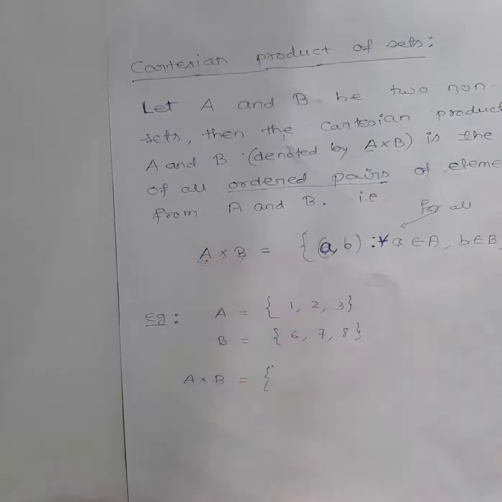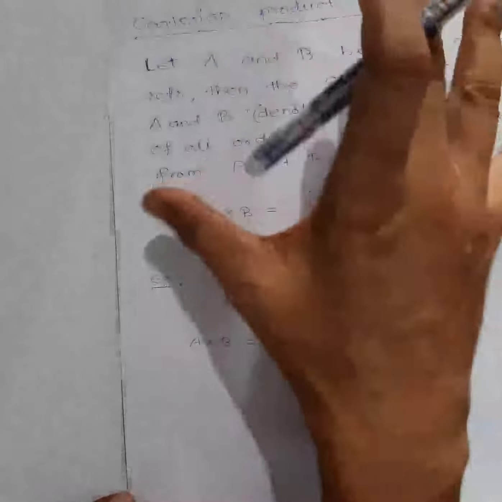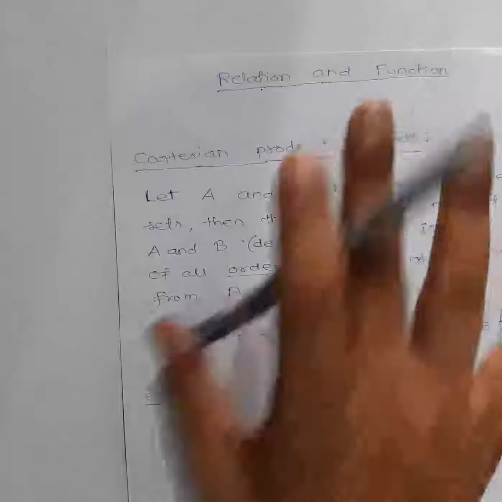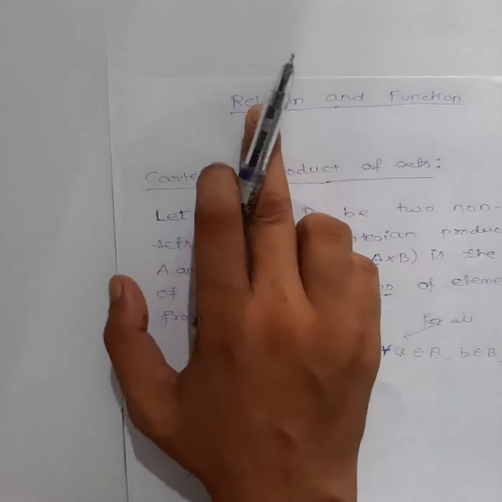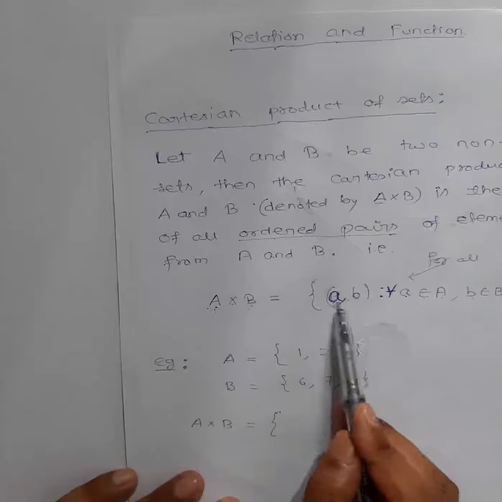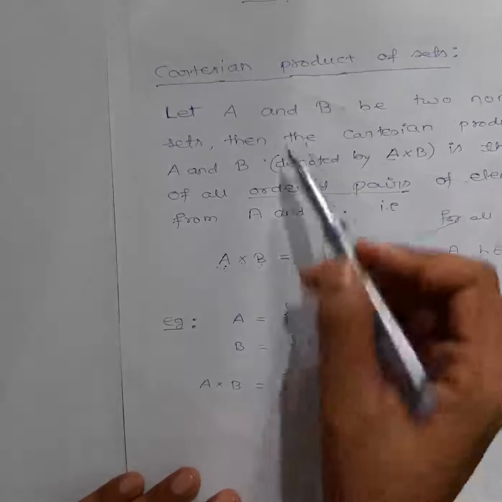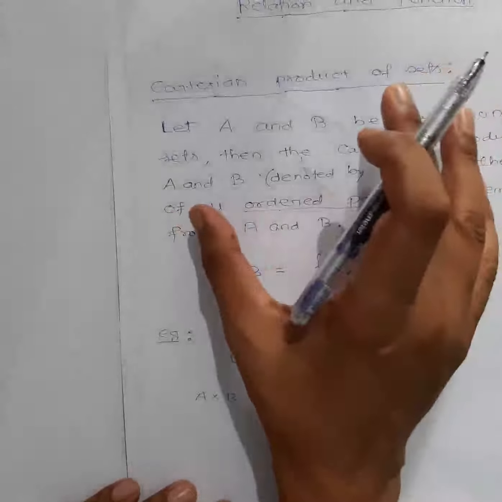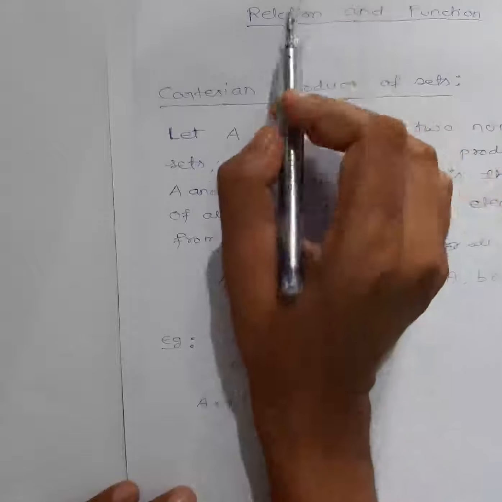Okay, so what is the meaning? We will try to understand with the help of an example. Don't try to understand right now what the actual meaning of this is. The purpose of studying Cartesian product is that we will try to understand relation. And for relation, I told you, right, a minimum of 2 objects is needed. That's why you can see in Cartesian product a pair is there. So we are trying to make pairs here, that's it. No need to go into detail here about what you are going to do with this. I have already said the application is relation. So in relation you try to concentrate well.